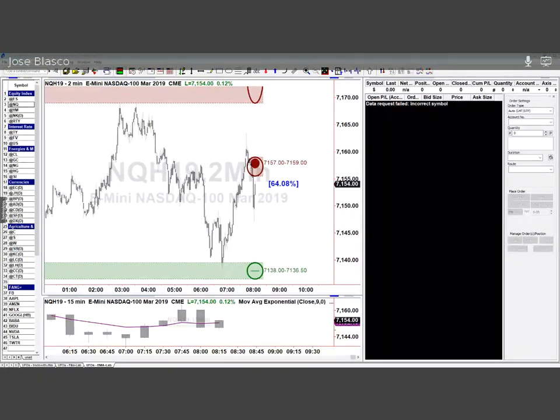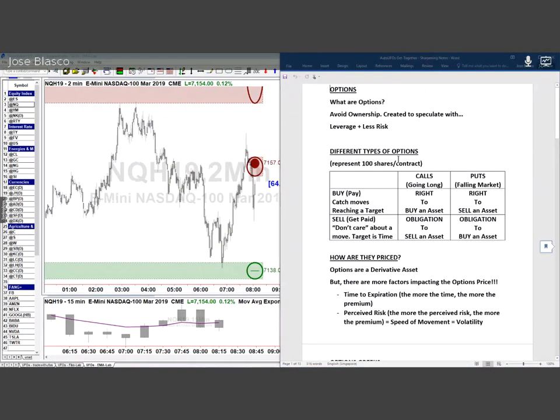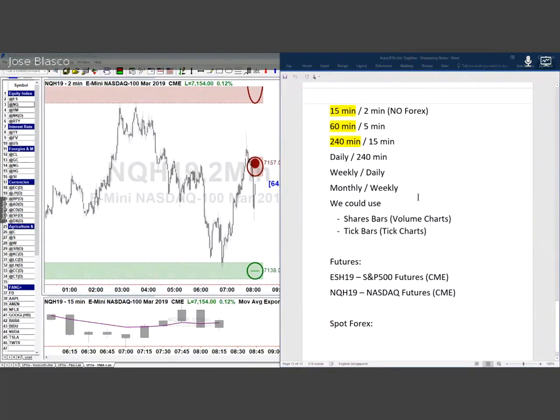So I will use this document as a little bit of a reminder for everybody, and in case you have not been in our sessions before and you are new, this could also help you understand a little better some of the things that we do. What I wanted to get here in front of us is the list of timeframes that we're going to be using. We will focus on the 3 on the top, which is the 15 minutes, the 60 minutes, the 240, combined with the 2, the 5, and the 15.